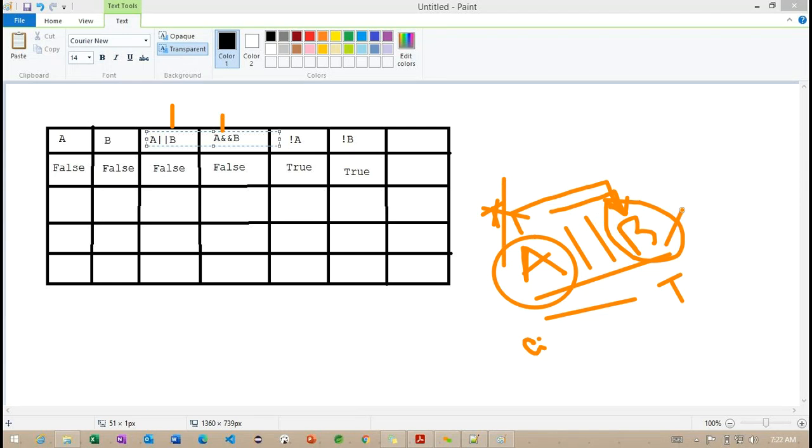Both expressions need to return true here. Then only the entire expression will become true. In that case, if the B expression is returning false, or if the A expression is returning false, the whole expression will become false here.